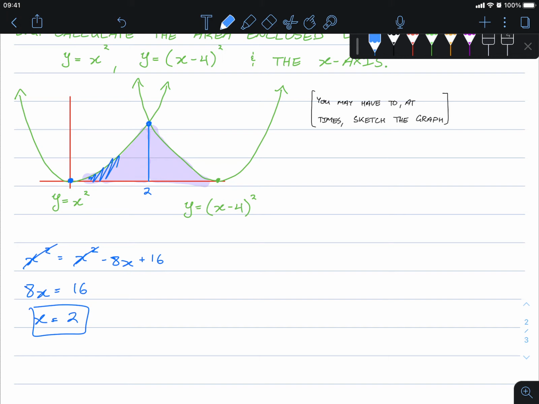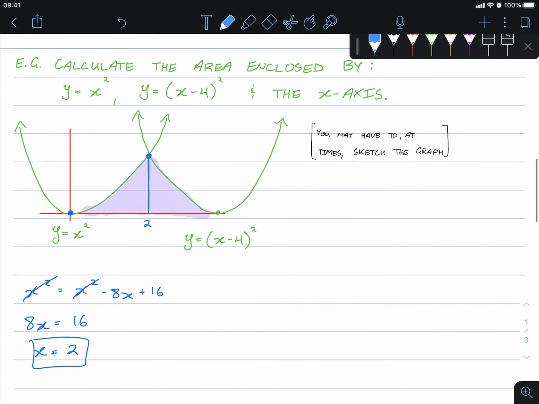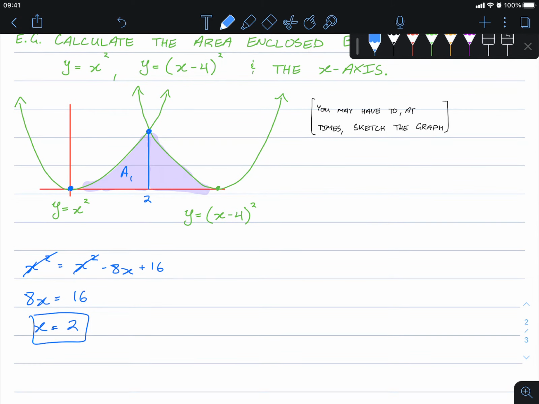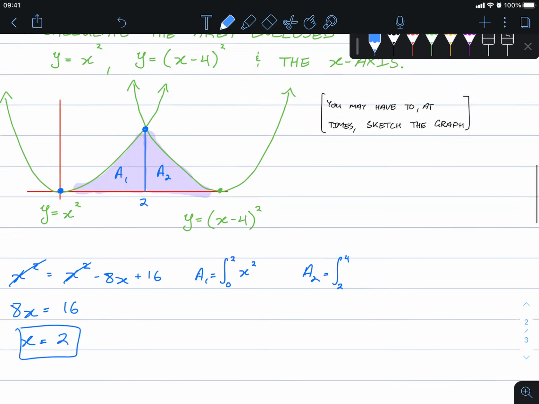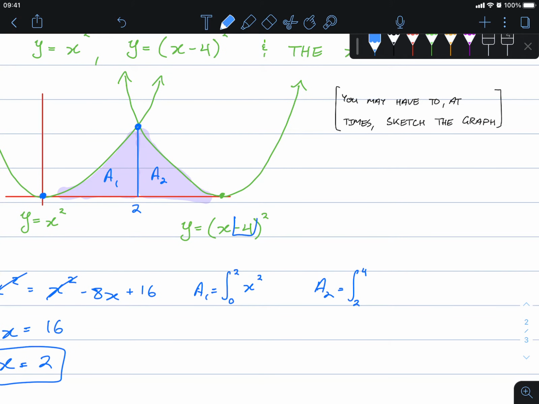Now to find this area, we're looking for the area below this first curve. So area 1, let's call it, is the integral from 0 to 2 of x squared. To this, we're going to add the area, so area 2. Area 2 is the integral from 2 to this point here, which I hope you can see is going to be 4 from this transformation